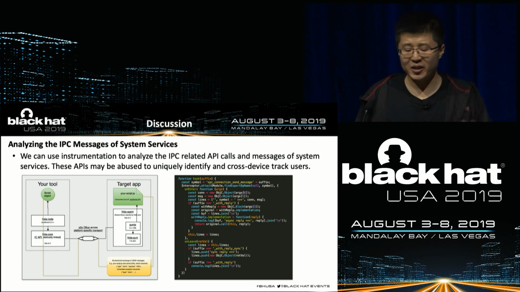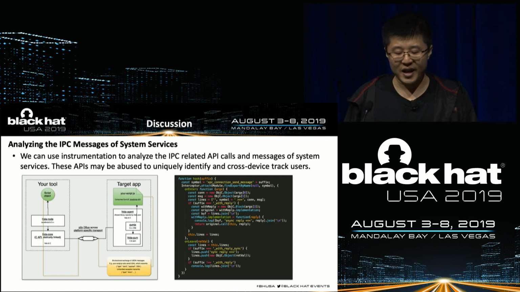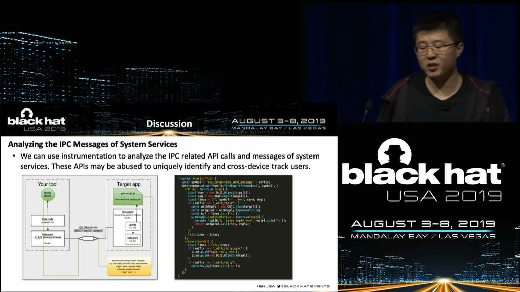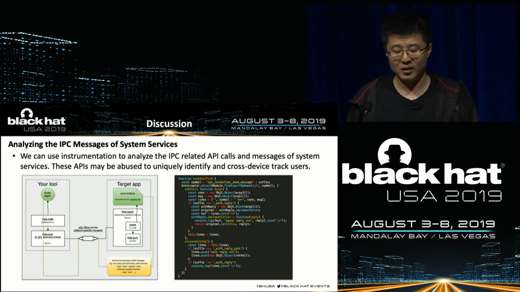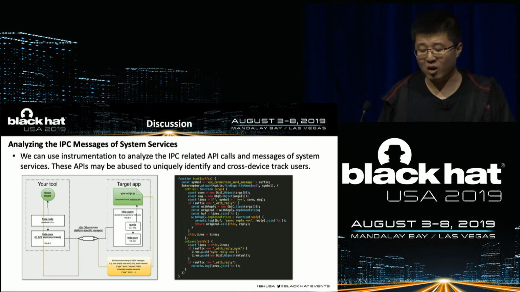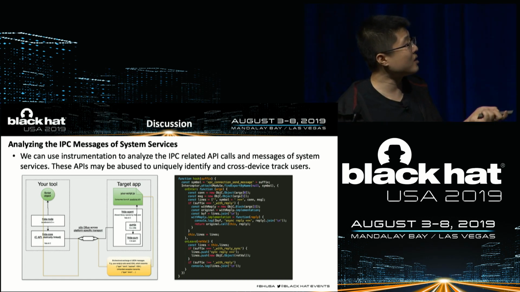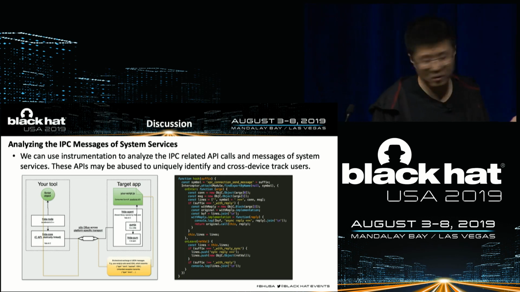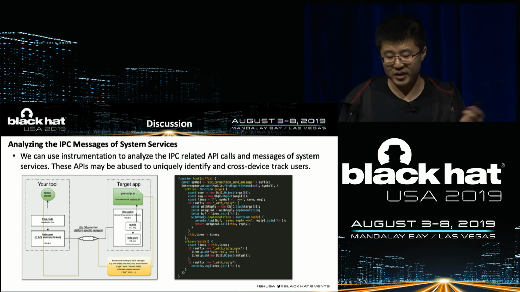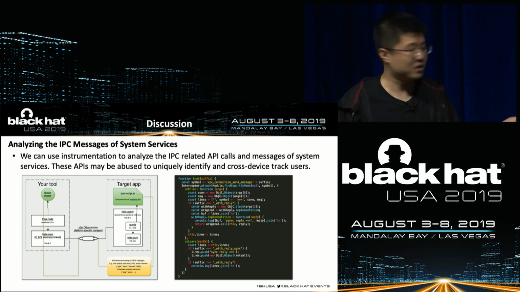We can easily hook related XPC sending and receiving functions through JavaScript and log out the object information. For example, this picture shows that I did some instrumentation for the XPC sending and receiving functions.